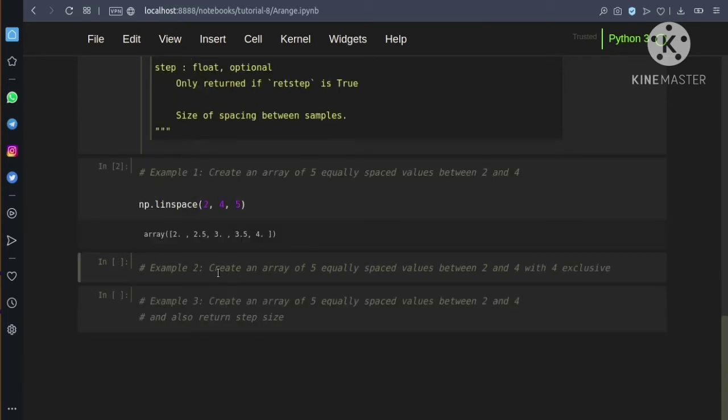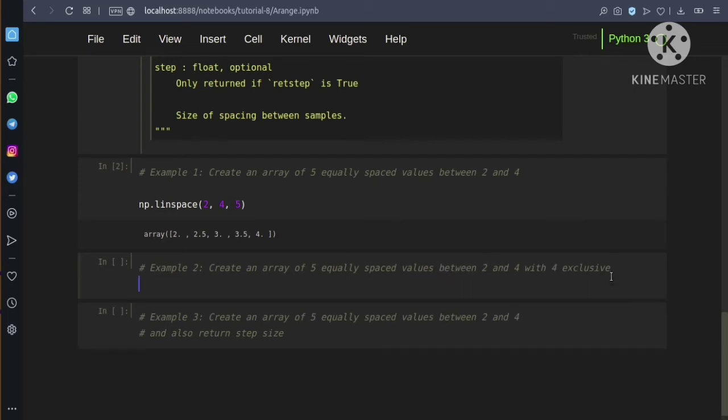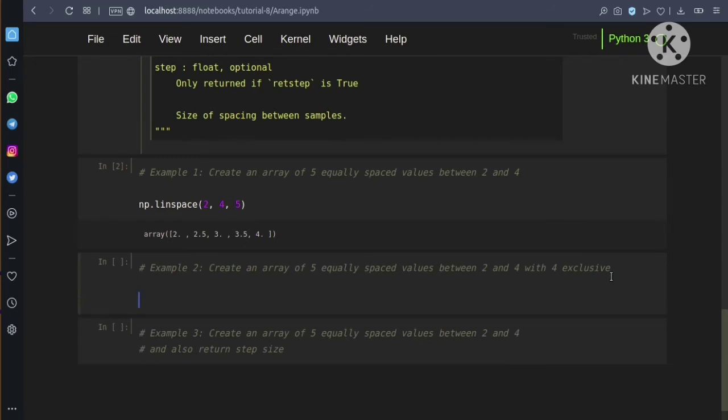In the second example, we are going to create an array of 5 equally spaced values between 2 and 4 with 4 excluded. For doing that, we need to give endpoint equal to false, in order to exclude the stop value.